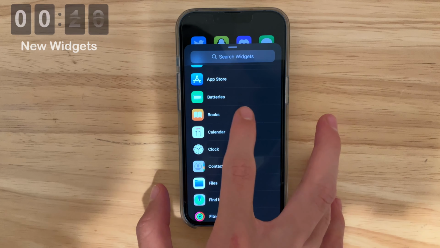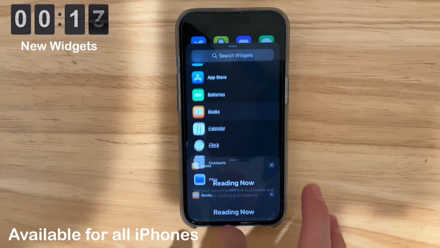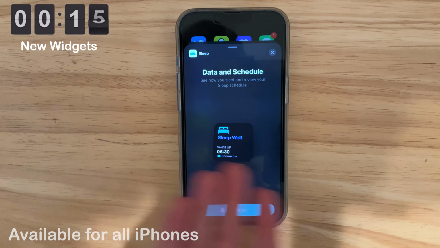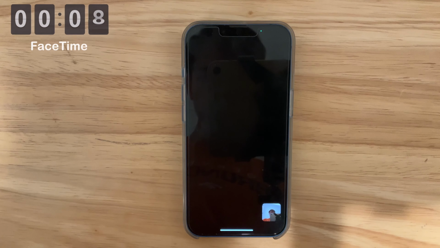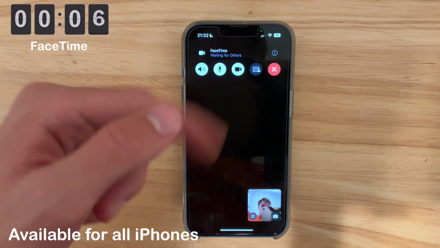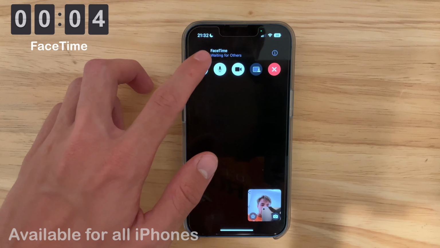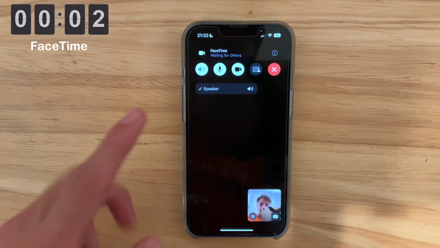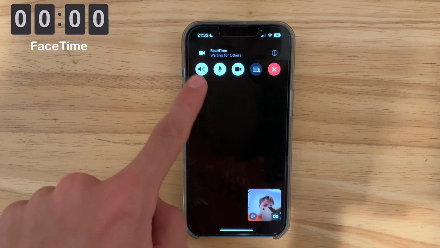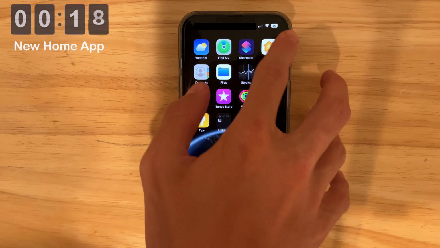There are 2 new widgets inside of iOS 16, the Books widget and the Sleep widget. These widgets are completely new. There's a new user interface for FaceTime. So before there was a background here, but not anymore. Right here we can choose the output for the FaceTime call, and this replaces the messages right here. That gets redesigned right here,